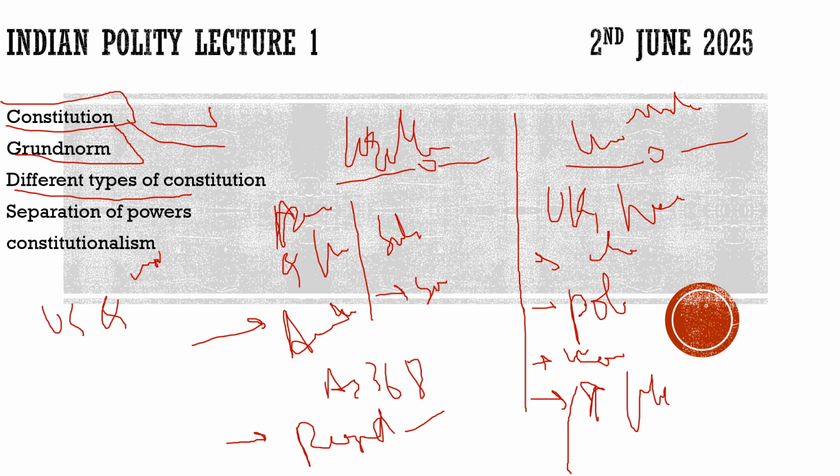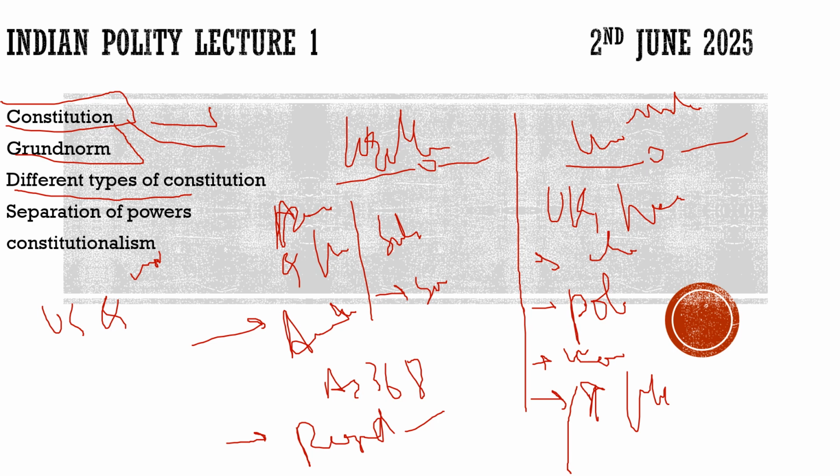So what is the difference between the written constitution and an unwritten constitution? In a written constitution, you have a separate body, a drafting committee, which drafts the constitution, which judges the laws, and in which there is proper discussion about the pros and cons. All those laws are codified into a single document, but in the unwritten there is no codification. In the written, amendments are very hard. In the unwritten, it is very easy to amend the constitution, among the earlier existing laws. You have to go through specific procedures to amend the written constitution. In the unwritten, there is nothing like that.